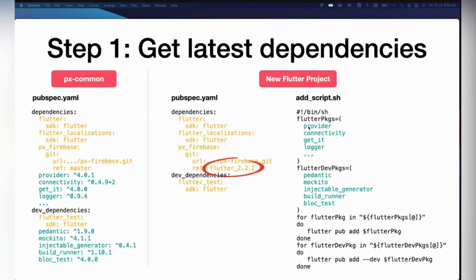For example, let's say I put it in this sequence: provider gets installed first, and because there are no other dependencies, then definitely I will get the latest version of provider. But then next, you see, if I install connectivity and it's not compatible with the latest major version of provider, I'm going to run into a problem. So that's why if you run into a problem, try changing the sequence of the packages in this shell script. So once this is done,